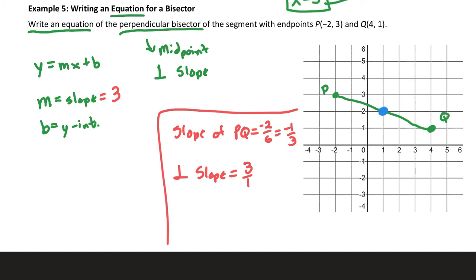So what I'm going to do is I'm going to draw the slope from this blue point, from this midpoint, going up 1, 2, 3, right 1, and going down the opposite way, 1, 2, 3, left 1. And then I draw my line. And what that reveals to us is that our y-intercept is -1. So my equation in the end, I'm going to do this in yellow, kind of big, y equals 3x minus